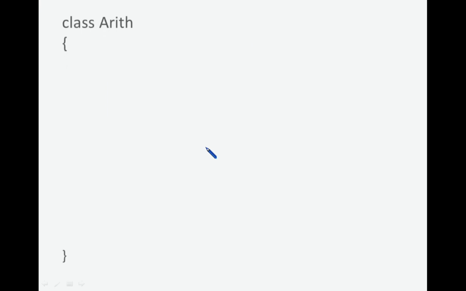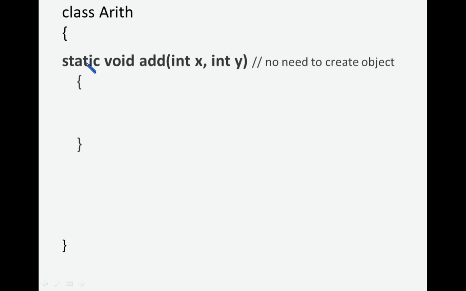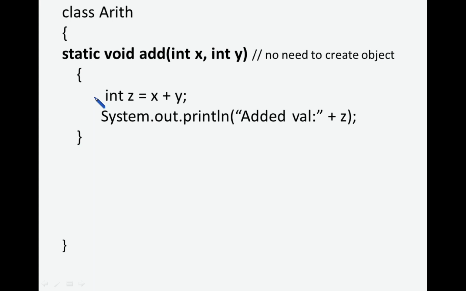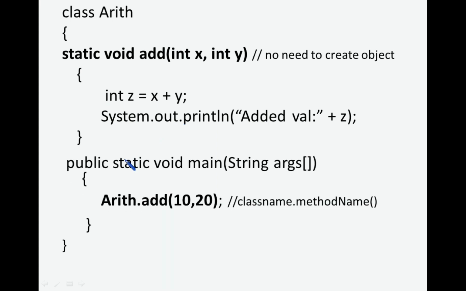So see this program. Inside this arith class, we are going to define the static method. Inside this method, what we are doing is finding the added value and printing this. Then we are defining this main method. Note it down, in case of method invoking statement, first we should create an object for this arith class. Only through object we can invoke.